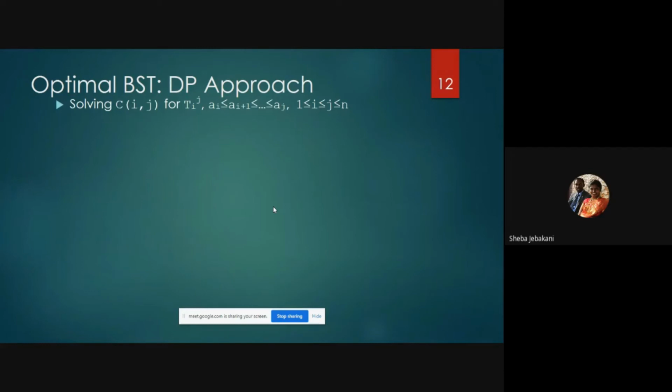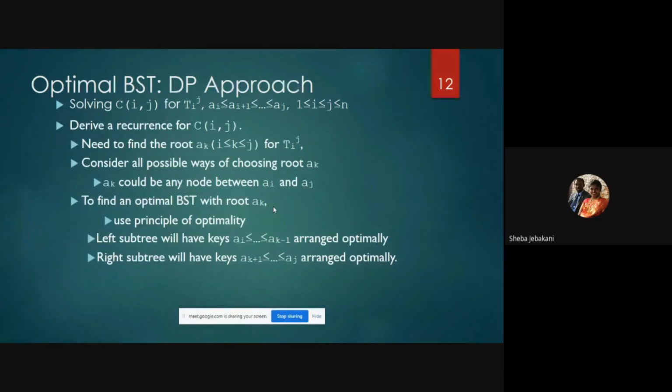I'll just take an example and explain to you how it works. For each node that we are computing, we will have to find out the root node as well. What will be the root node? That will help us, in the end, come up with an optimal tree for which we will get the optimal value. Okay.